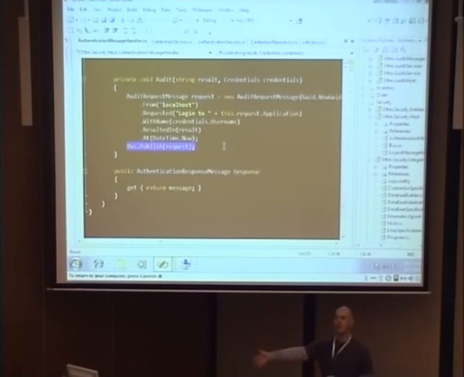I want them to get into the system, authenticate, get into the system, start shopping. That audit may not happen for 5 minutes. Depends on the availability of the audit server. It might be down. It might be busy. It might be something happened to it, I don't know. But if your audit service is down because the process crashed, or somebody rebooted the computer, or